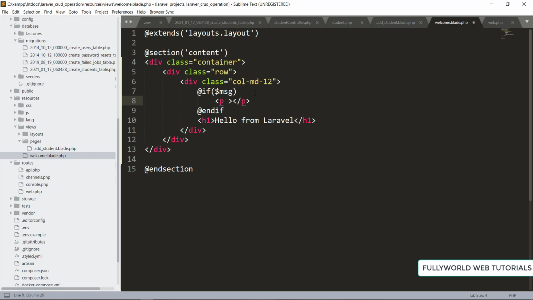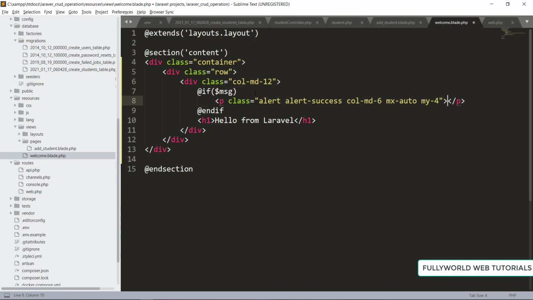The p tag class will be alert, alert-success, and this will be of col-md-6, then mx-auto, and margin from bottom and top will be 4.